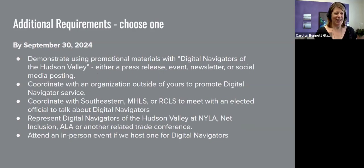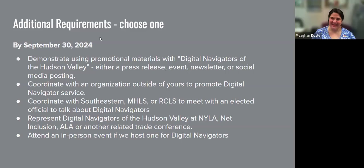All right, Megan, now is the point where you can talk about, if you want to go into depth on those requirements and then talk about the additional requirements. Sure, awesome. Okay, so like we just saw on the last slide that Carolyn was talking about, those are the requirements. Each of those things, the 5 interactions, interacting at least once with the listserv, the 5 hours